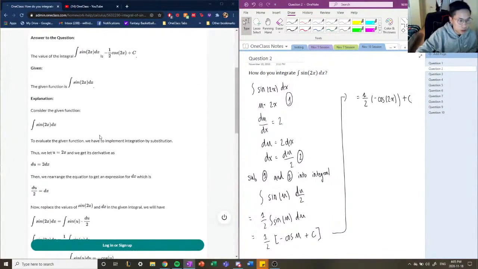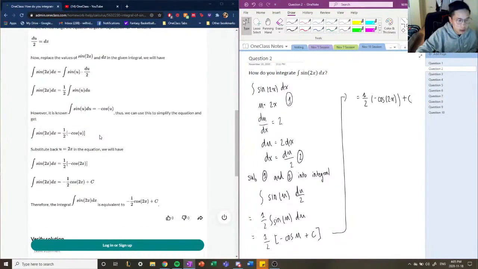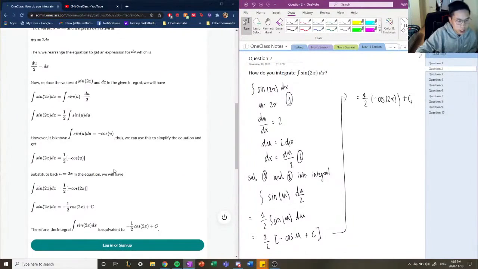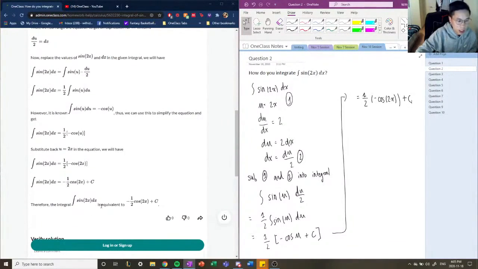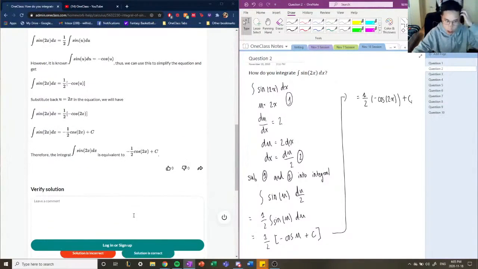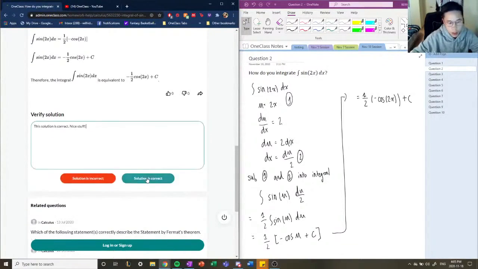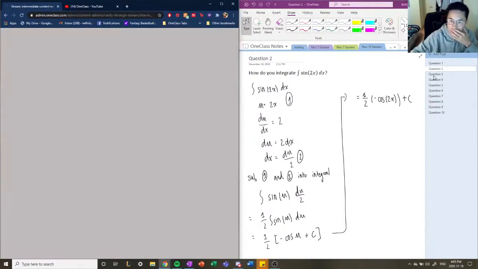So the junior tutor did the same solution. They used substitution to simplify the integral, and by using substitution, they were able to find it. Then they substituted back u, and they solved and found our integral. Cool. All right. Let's move along to question number